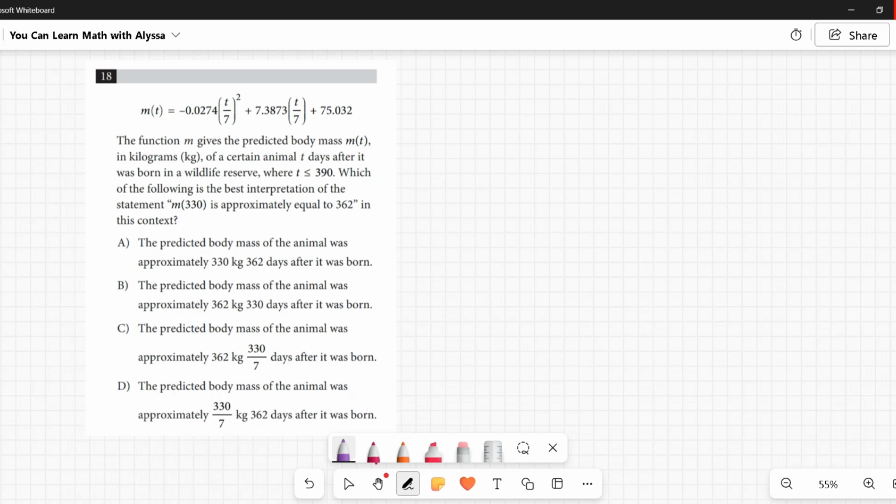Number 18, m of t equals negative 0.0274 times (t over 7) squared plus 7.3873 times (t over 7) plus 75.032. The function m gives the predicted body mass m of t in kilograms, kg, of a certain animal t days after it was born in a wildlife reserve, where t is less than or equal to 390. Which of the following is the best interpretation of the statement m of 330 is approximately equal to 362 in this context? There is a lot of kind of frills and jazz hands going on with this problem, but